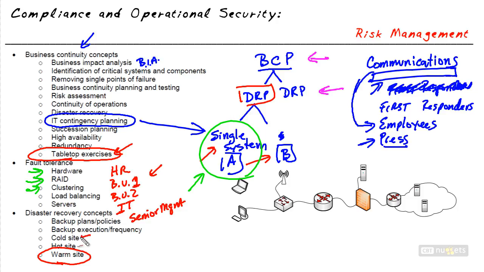Now, in the event of a cold site or a warm site that doesn't yet have the computers in place to do all that work, a scenario and a preparedness check may be the best that we can do, but at least we want to make sure all the players who are going to be involved in our disaster recovery know exactly their roles and are ready to respond in the event a disaster occurs and senior management has identified it's time to kick in our disaster recovery plan. And when the disaster strikes, the time for planning has expired. That's why it's really important to make sure the planning and preparation would go in beforehand to an effective business continuity and disaster recovery plan.